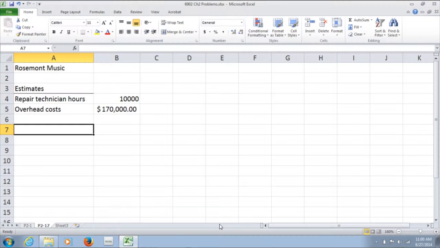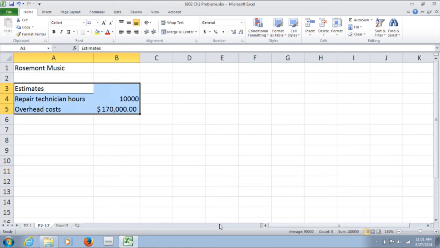Column 217 is Rosemont Music, which is a service company. Service companies nevertheless may undertake activities that incur overhead costs in the products that they offer for sale. In this case, Rosemont Music has technicians who perform services, and so we use the estimate for the beginning of the year presented here in cells